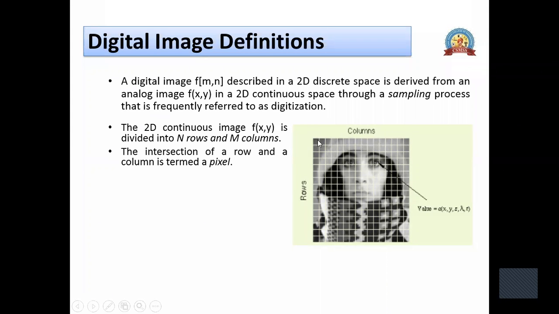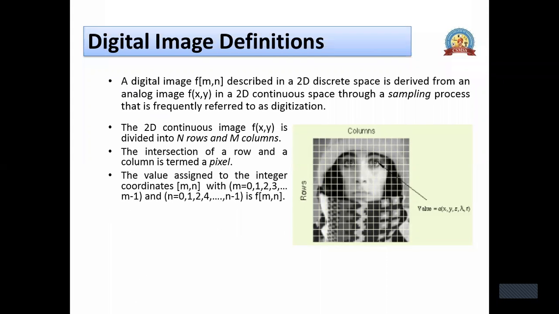Okay, so if we consider that, then how many rows does this particular image have? Let's say 1, 2, 3, 4, 5, 6, 7, 8, 9, 10, 11, 12, 13, 14, 15, 16. And it has columns 1, 2, 3, 4, 5, 6, 7, 8, 9, 10, 11, 12, 13, 14, 15, 16. So it is a 16 by 16 image, right? A 16 rows, 16 columns image. So my question here is how many pixels are there for this particular image? If there are 16 rows and 16 columns, then how many pixels are there for this particular image? Can anyone answer that?